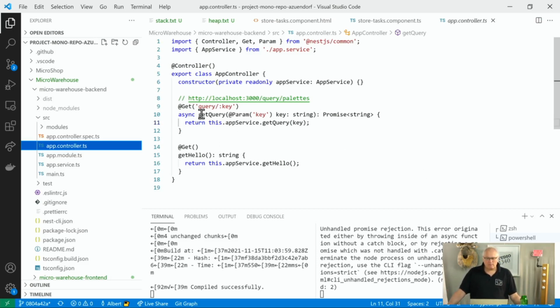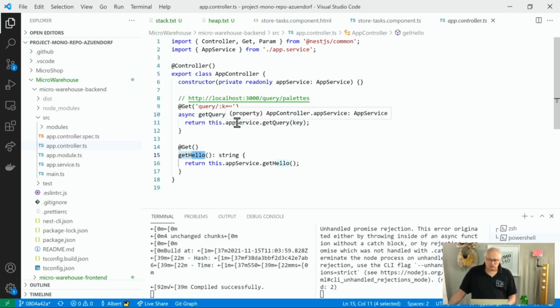And then you have a bunch of patterns that you actually set. So if it is a get with just the name of the computer and the port number, then we will do this get hello thing. And if it is a get with a query and a key, then we will call a method app service get query. Let's actually do this. So we go for